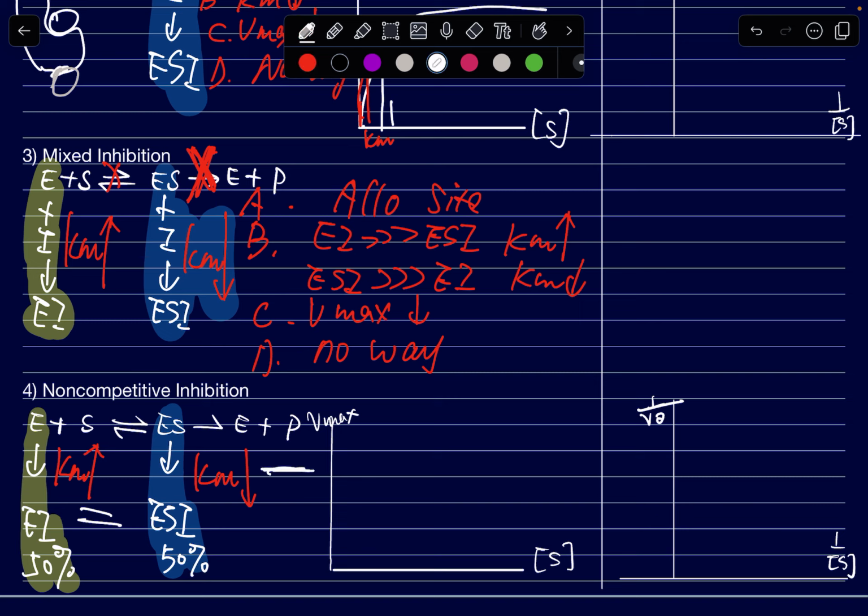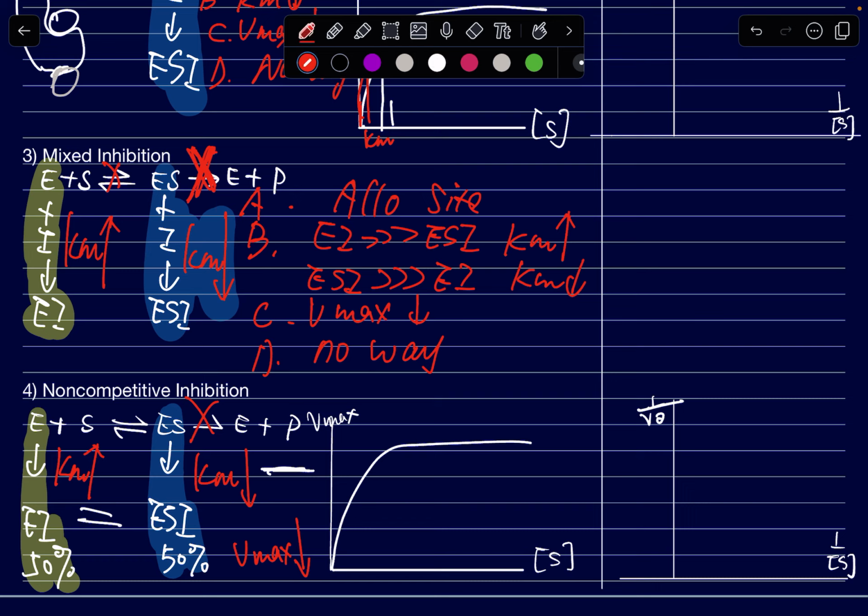What about Vmax? Once again, the Vmax would decrease, right? Since this step happens, right? And they both bind to the allosteric site, and there's no way to overcome that, okay? And this we can reflect on the graph, okay? And this is the